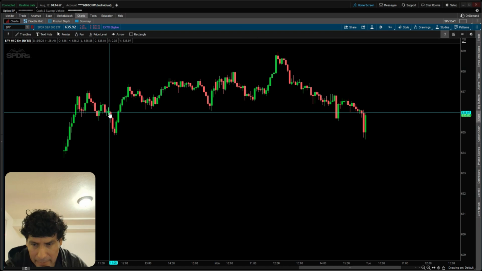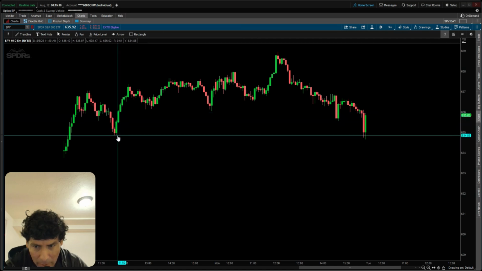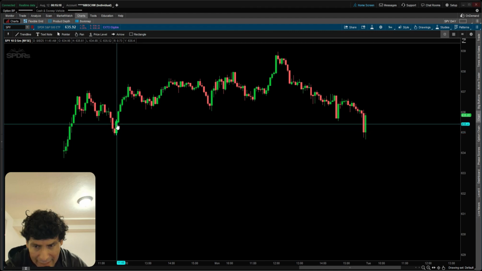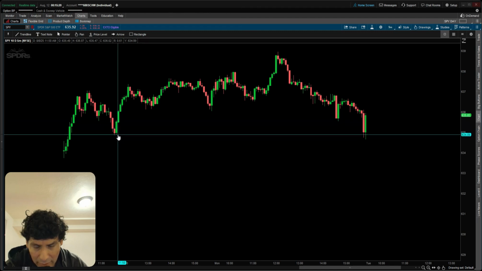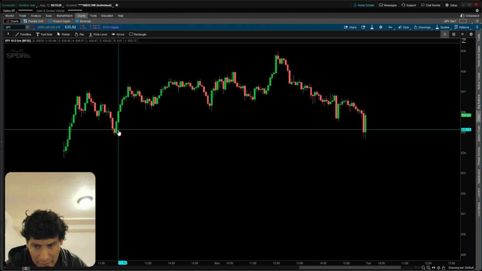Remember, this strategy always works 80%. If this strategy doesn't work, always put your stop loss in the same candle. For example, enter with the green candle, stop loss right here in case this trade doesn't work, if the price goes down,